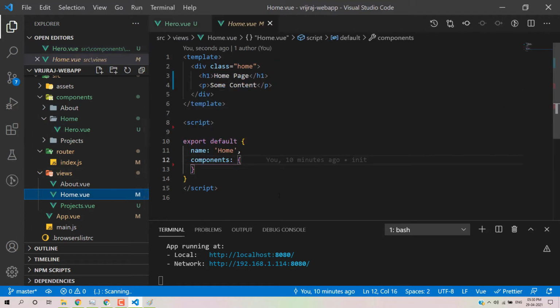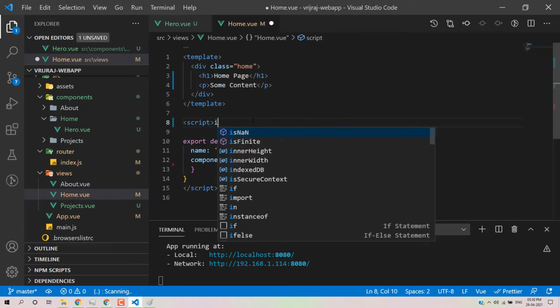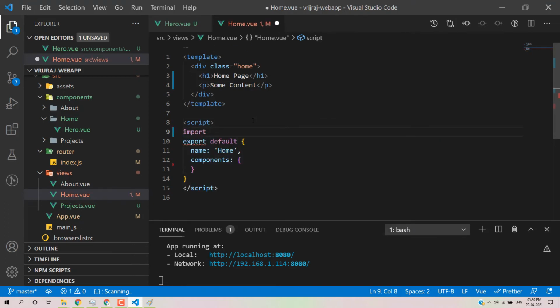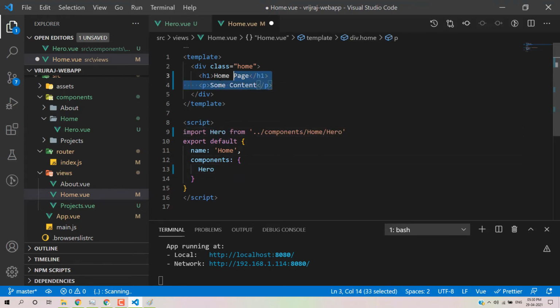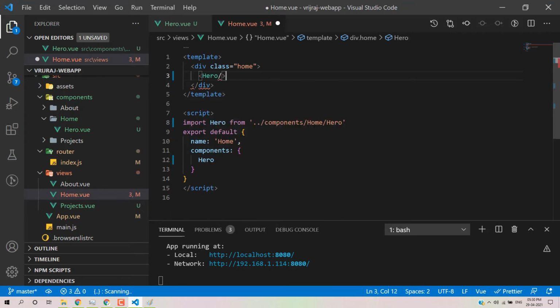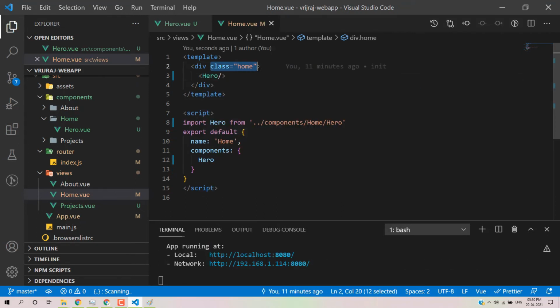and then I will import this component. I will import this component in the home. So how can we import the component? We have to use import as a keyword and then the component name. So my component name is hero from, and then you need to define a location. So here you need to write dot dot slash, then we have component inside home, then we have hero. Okay, so I'll just copy this path and I will paste it here so that we can register the component. So what I'll do here, we can remove this one and we can also remove this one.